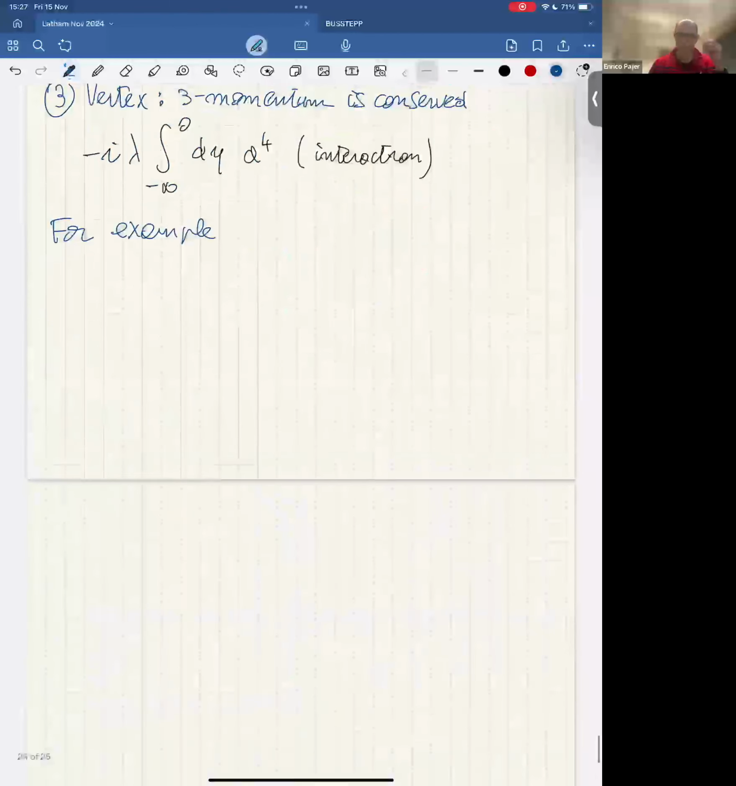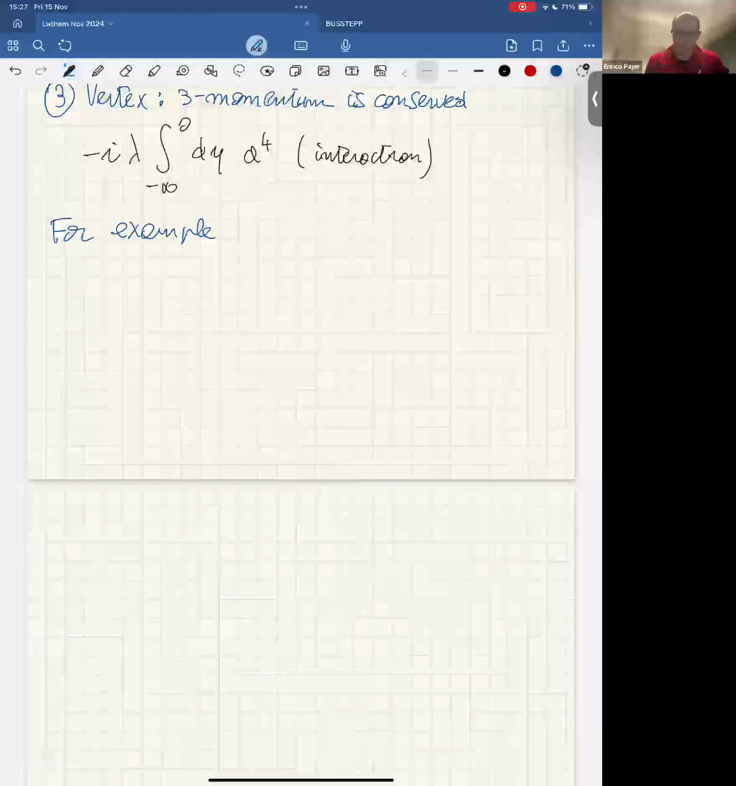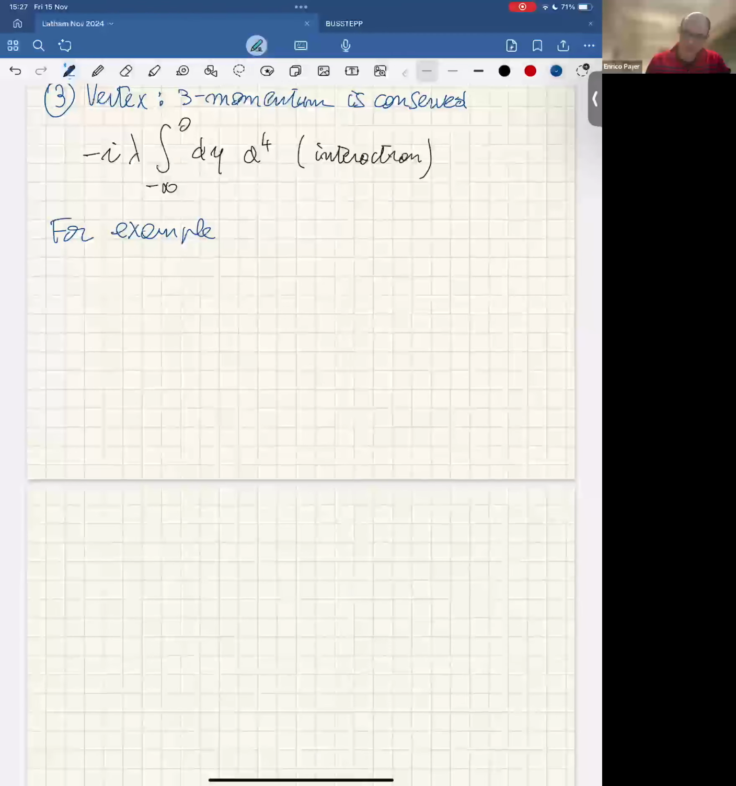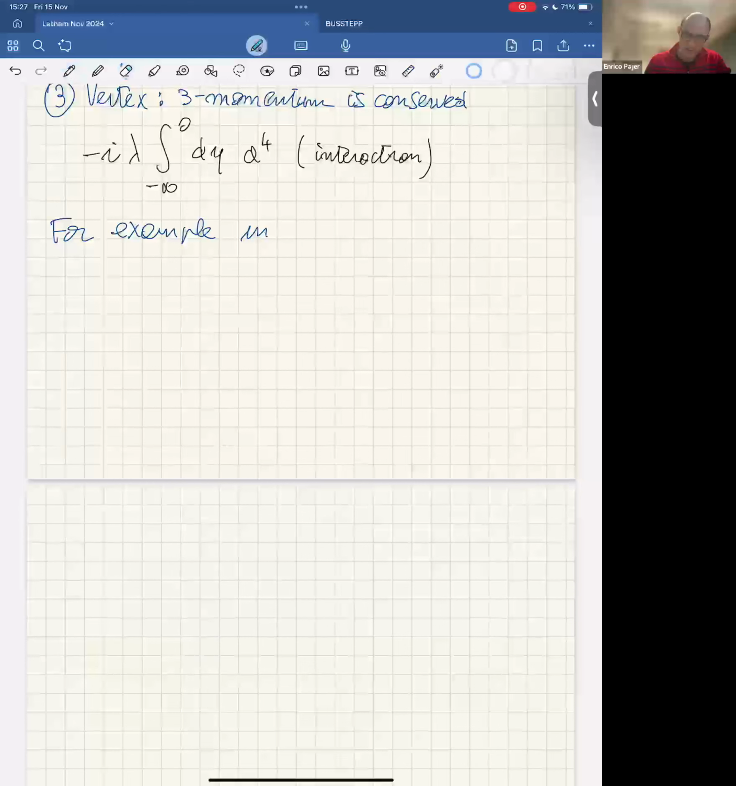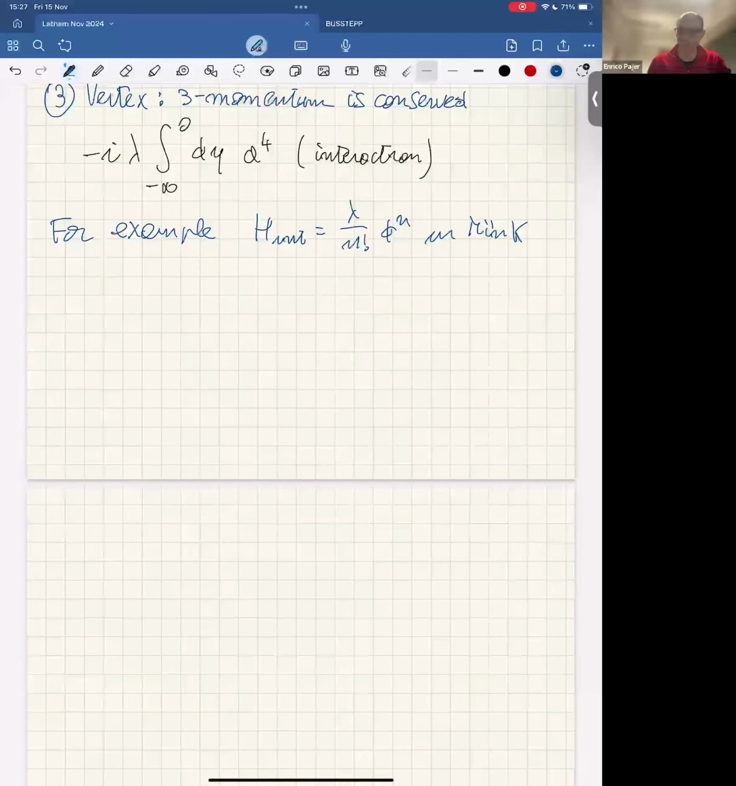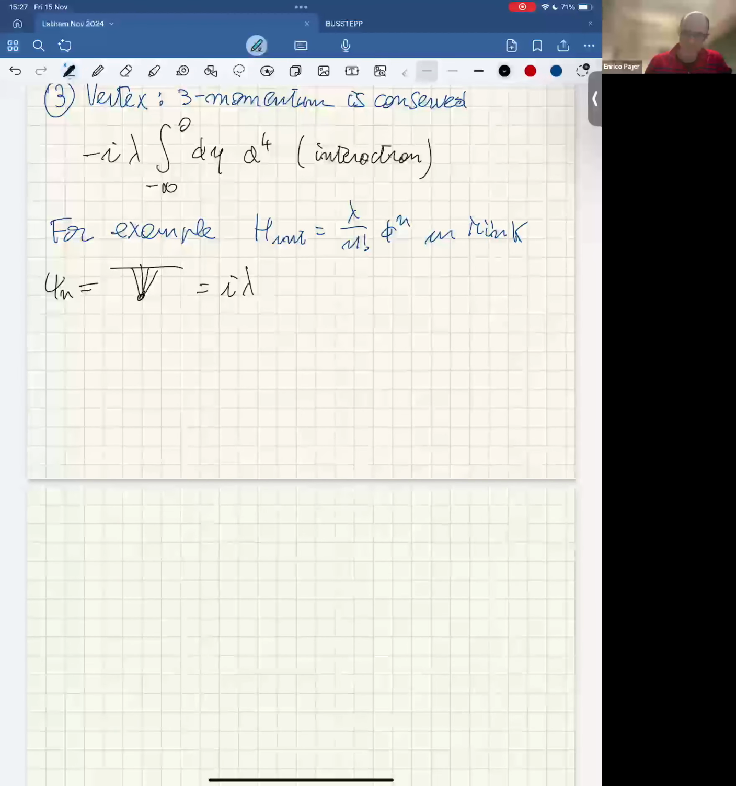And you will see that it is very similar to the calculation we did before, but slightly simpler. For example, let's consider the interaction Hamiltonian to be lambda over n factorial phi to the n in Minkowski. That's the same example for which we computed the correlator. Then psi n is just given by this diagram. So here I have to write i lambda